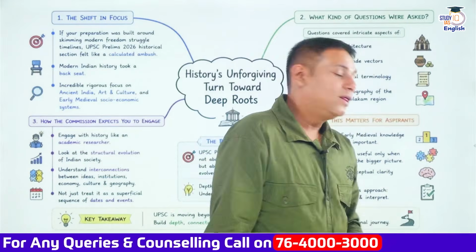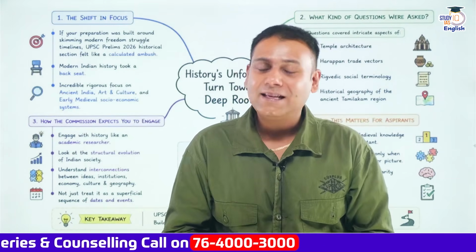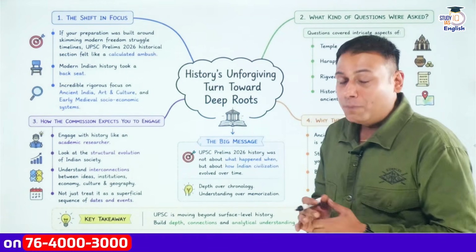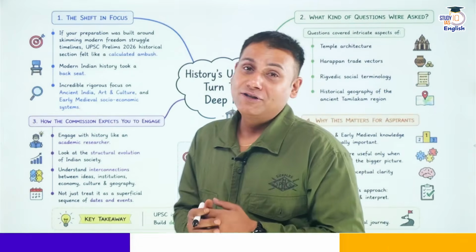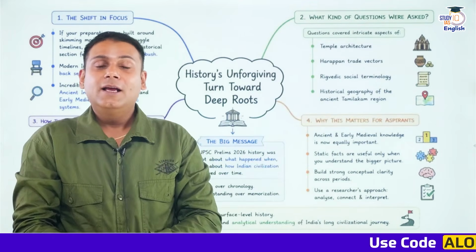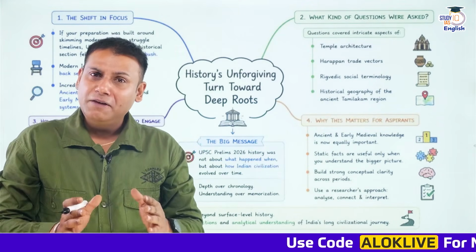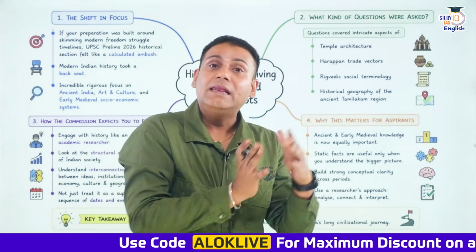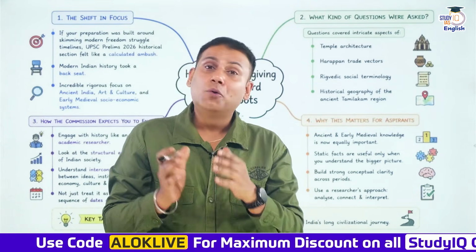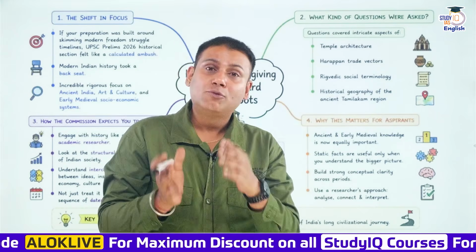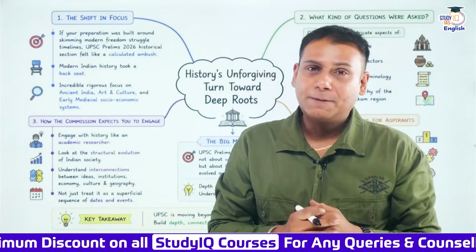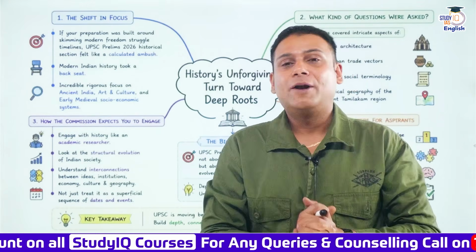So let's begin with our own subject first, that is history. Usually you might have observed the trend in the UPSC examination relating to history, correct? Precisely speaking, we have seen for the past 5 to 7 years that the number of questions in history had declined. Initially it was 14 to 15 questions, then it came to 12 questions, 10 questions. Last year there were 9 questions in the UPSC prelims examination.